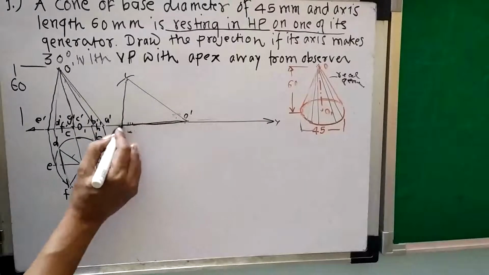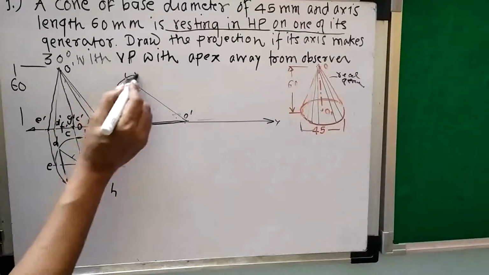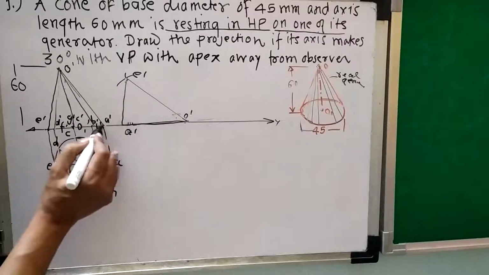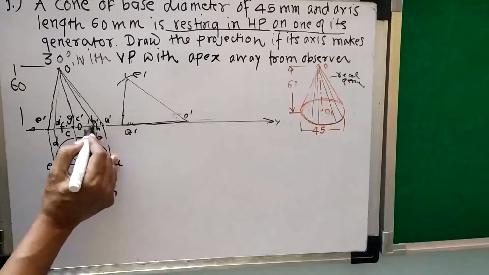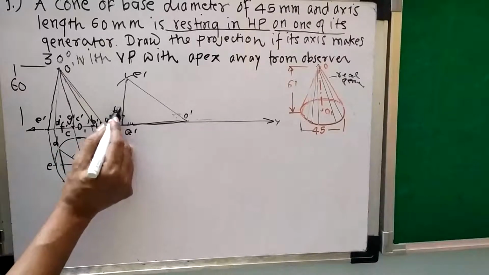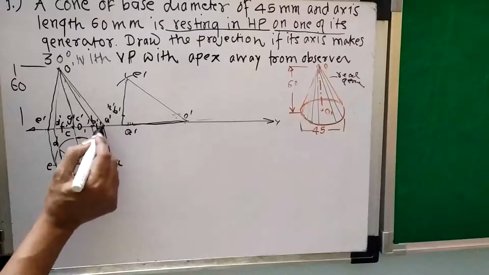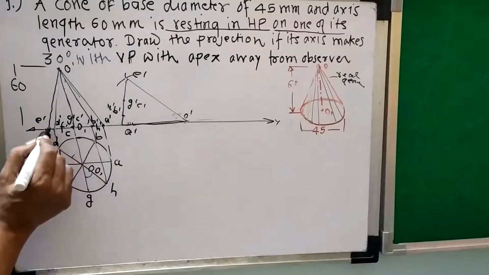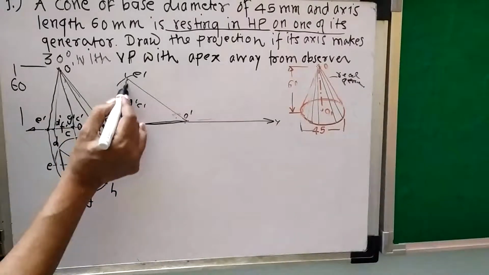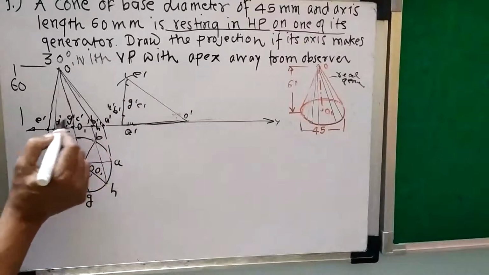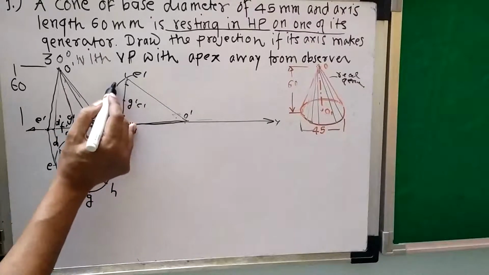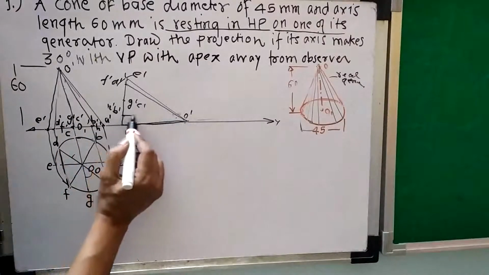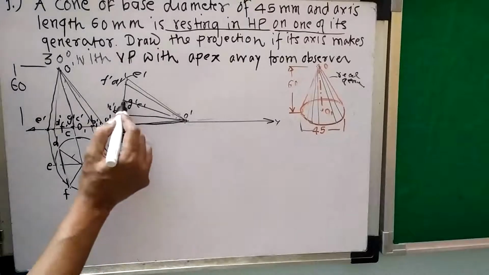So are you getting this? So this will be A dash and this will be E dash, O dash, and this generator I will show. So from A dash, this is B dash, H dash, this much distance I will take in the compass, cut here. So this is B dash, H dash, then this much distance I will take in the compass, cut here. So this is G dash, C dash, and this much distance from E dash point, it is cut here, or from this point whatever distance I will take, that is D dash, F dash. And I will join this generator with a very faint line, and this is also the axis.